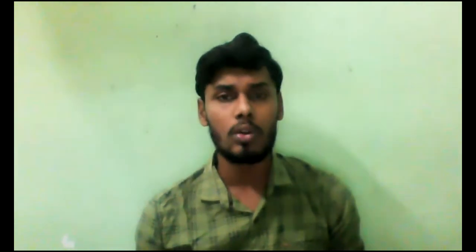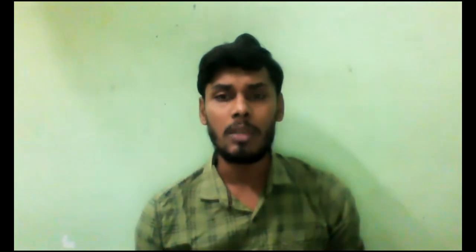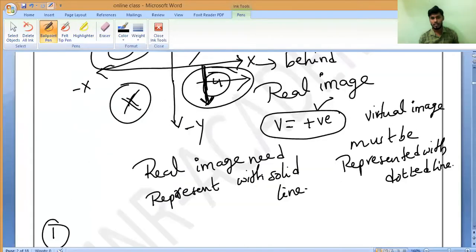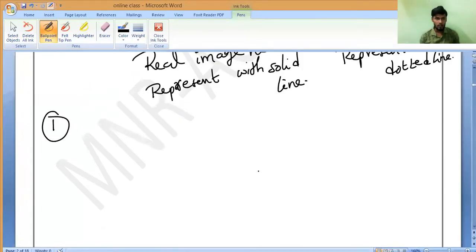Yes. So remember, we have only 3 rules: rule number 1, rule number 2 and rule number 3. There is nothing more in this. If you remember these 3 rules, then we can easily form the images formed by a convex lens. So let us go with the 3 rules. What are the 3 rules and how do we do it? Observe very carefully. Nobody should get confused in this.